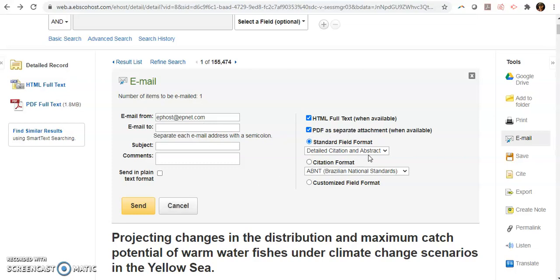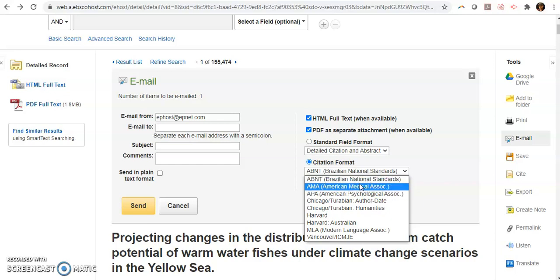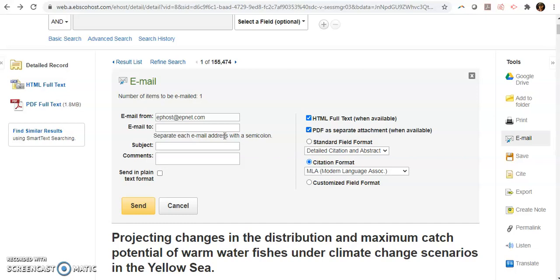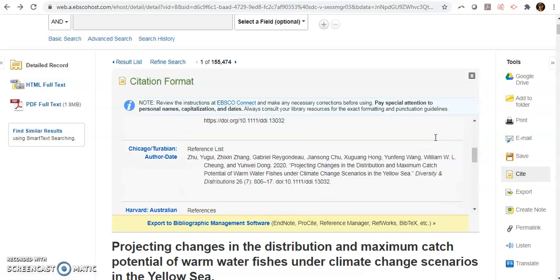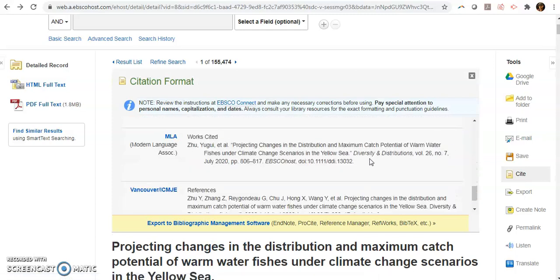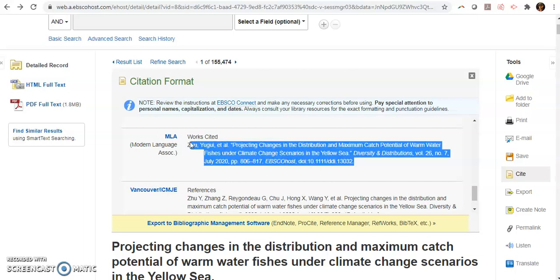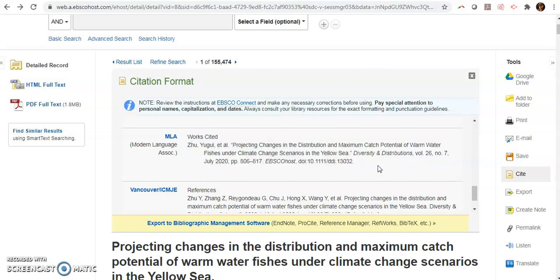You can also get citation information sent to you through email. All you have to do is just hit citation format, and then just choose which citation format you want. I'm just going to do MLA. And again, you just put in your email address, send it, and you will get the PDF, and you will also get a citation for this article. If you just want the citation for the article, click this, and you just scroll down until you find the citation format you want, and then you can just copy and paste it in whatever document you're using to organize